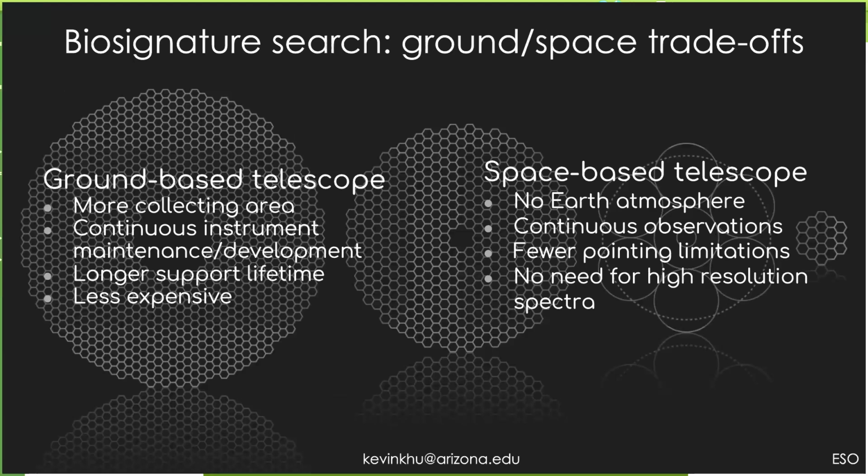When we are talking about biosignatures, there are some trade-offs between using ground-based telescopes and space-based telescopes. I'm not here to tell you which one is better because I think both are needed and both potentially fill different areas of space that we need to explore. Ground-based telescopes have the benefit that you can build much larger aperture telescopes, at least currently. You can do continuous instrument development and maintain those instruments for a long period of time. These telescopes typically have a longer support lifetime. We're talking about half a century support lifetime, potentially longer,